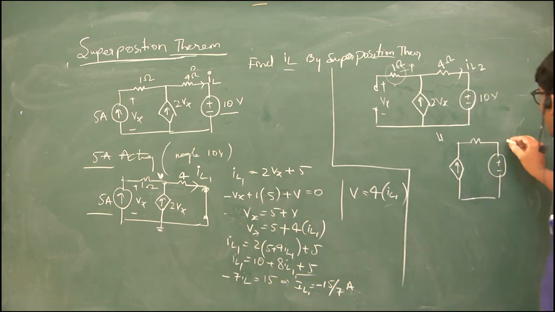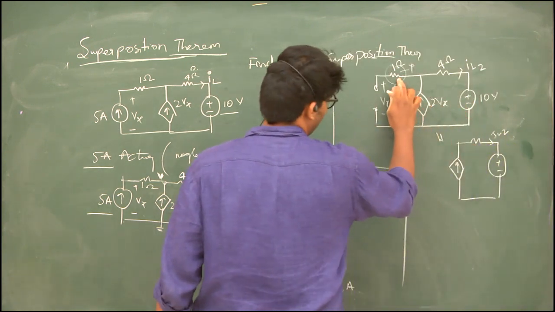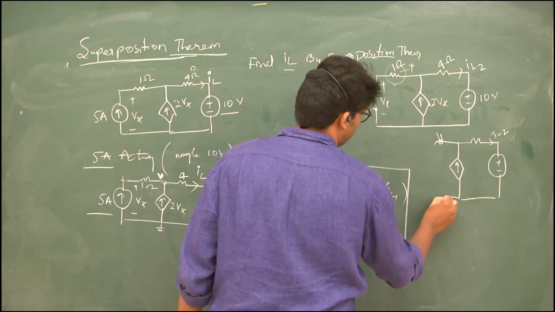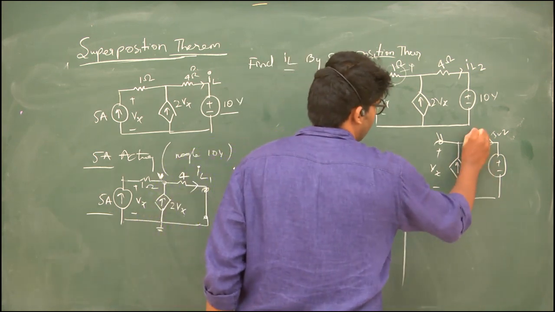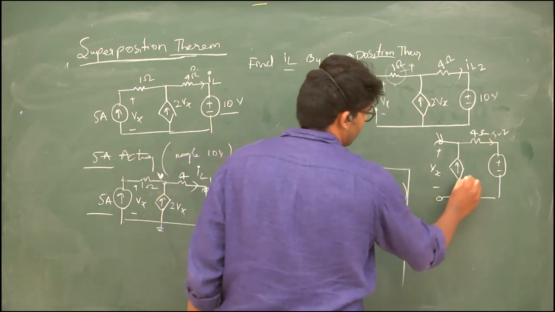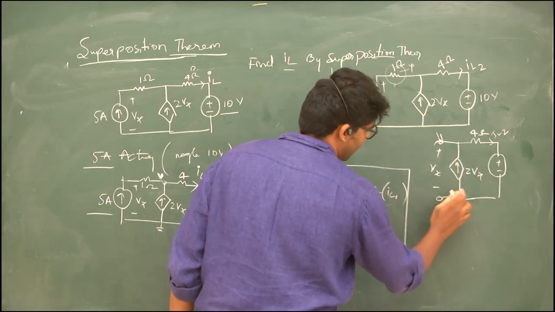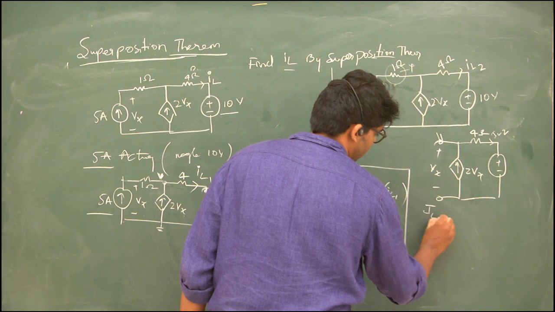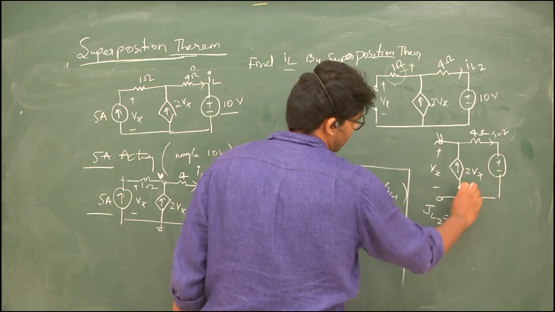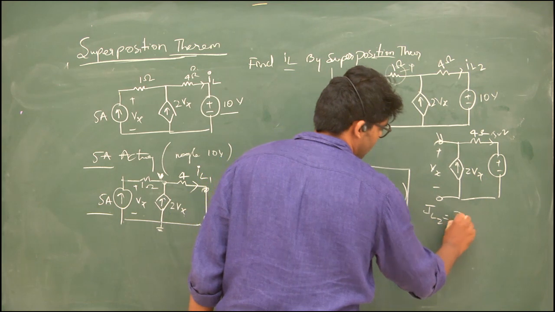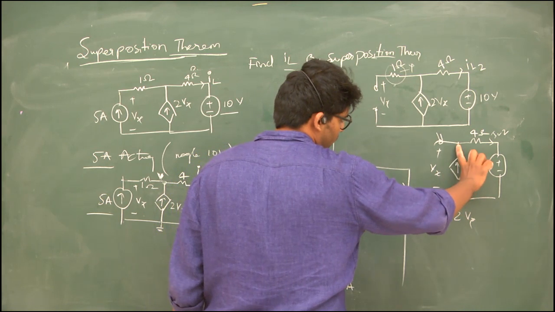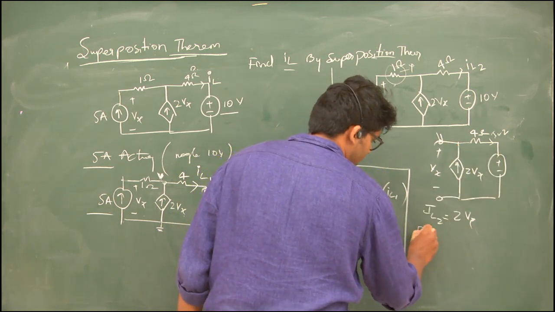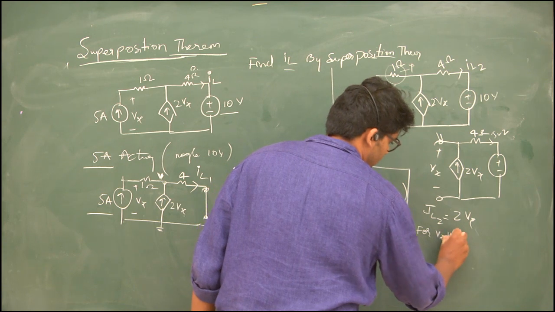Now we change the circuit, that is IL2. We remove this 1 ohm, so we will transform like this, that is Vx. Now this is 4 ohms. IL2 is this current source, that is in this loop the 2 Vx current is acting. Now our job is to find Vx. So what is the equation of Vx by KVL here?